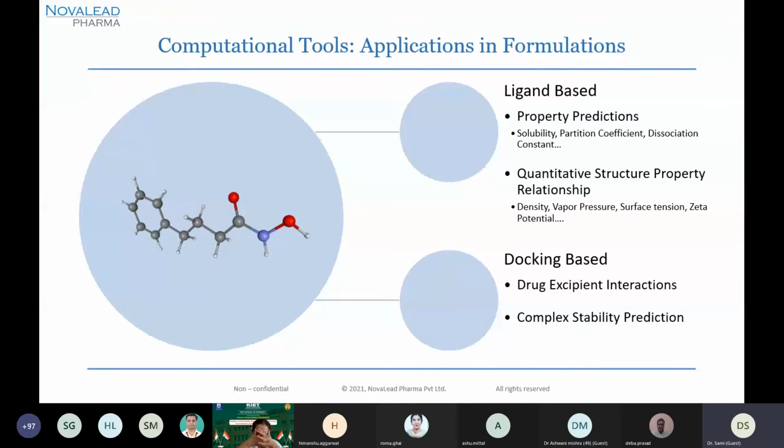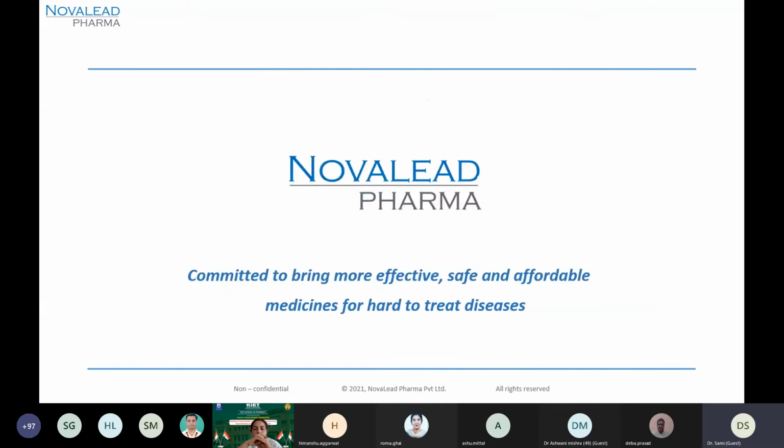So we are talking about a complex. A complex need not be a protein-ligand complex. Don't have this misconception that it's always a protein-ligand complex. It could be any two molecules, an assembly. It's an adduct or an assembly which are talking to each other. And the name of the game, as I told you, in all kinds of drug discovery work is to study the interactions. The bottom line is the interactions.